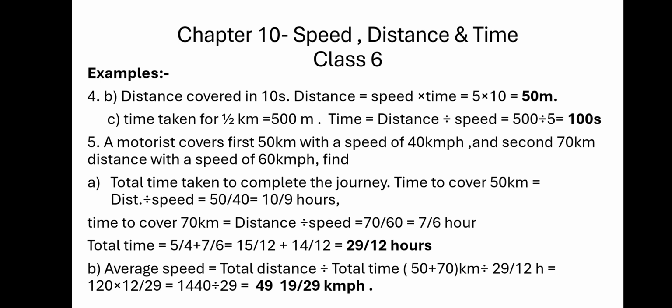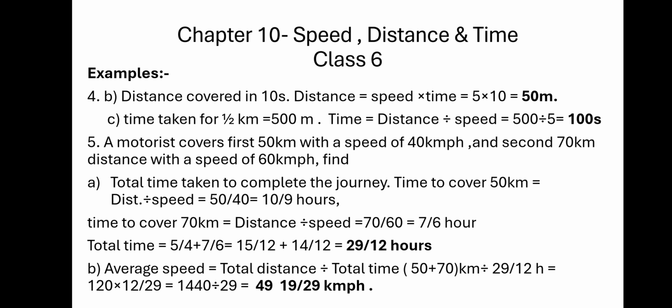That is 15 upon 12, because I have found out the LCM of 4 and 6, that is 12. So 5 into 3 and 7 into 2, that is 15 upon 12 plus 14 upon 12, that is 29 upon 12 hours. Now the average speed, when we have to calculate, we have to take the total distance